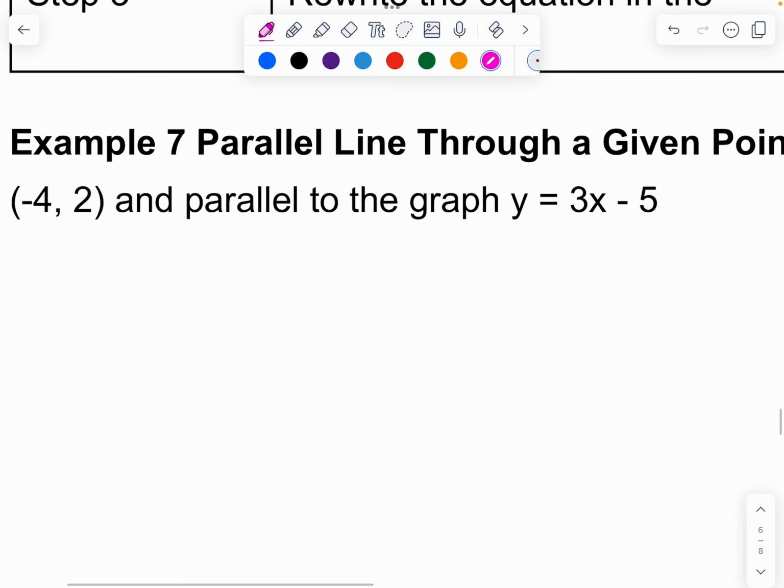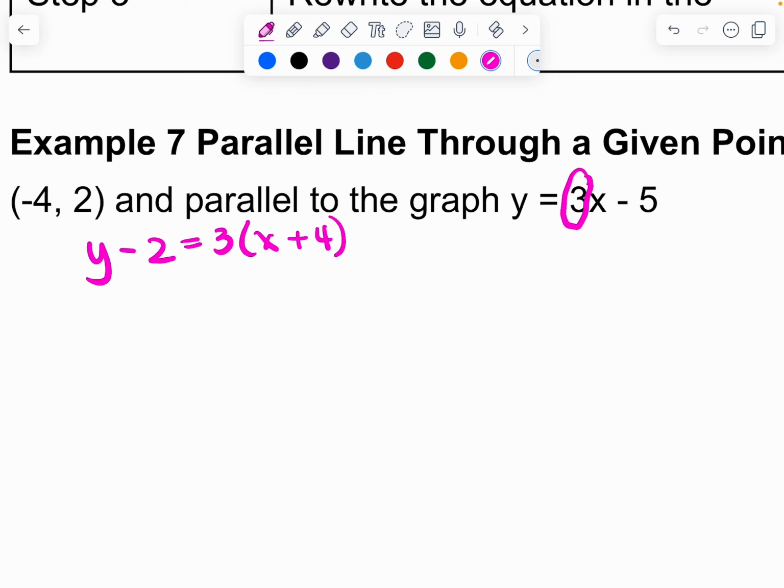Parallel lines, we just said they have the same slope. So I'm going to put this into point slope first. y minus 2 equals 3 times the quantity x plus 4, because x minus a negative 4. I would get y minus 2 equals 3x plus 12. If I add this over,